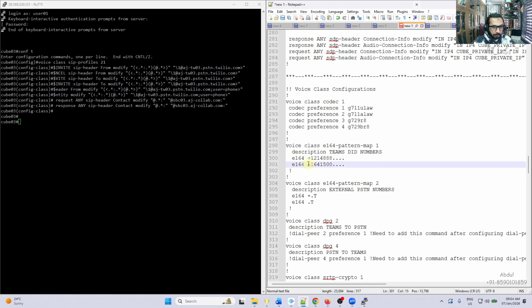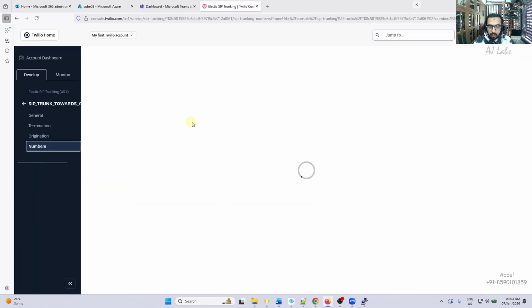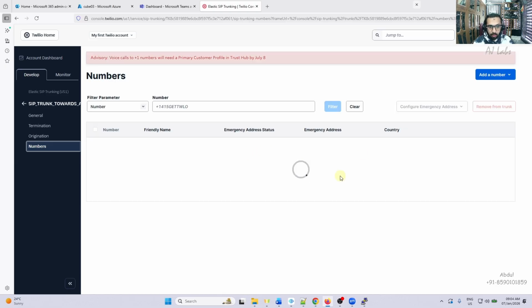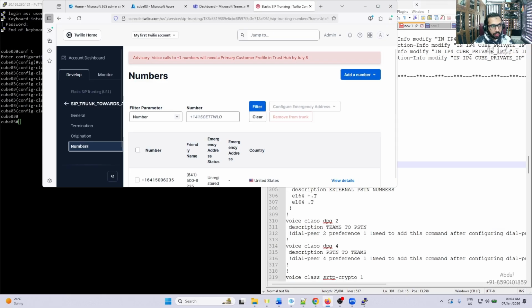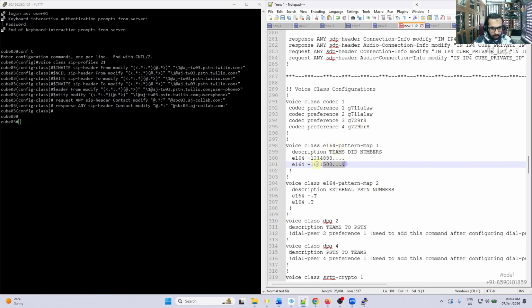Then the other one is plus 1 641 500 blah blah blah. So that's the number we are going to test on the Twilio side. Plus 1 641 500 6235. That's the only number I'll be testing. So technically speaking, I only need this line, but I just demonstrated how you manage if you have multiple series